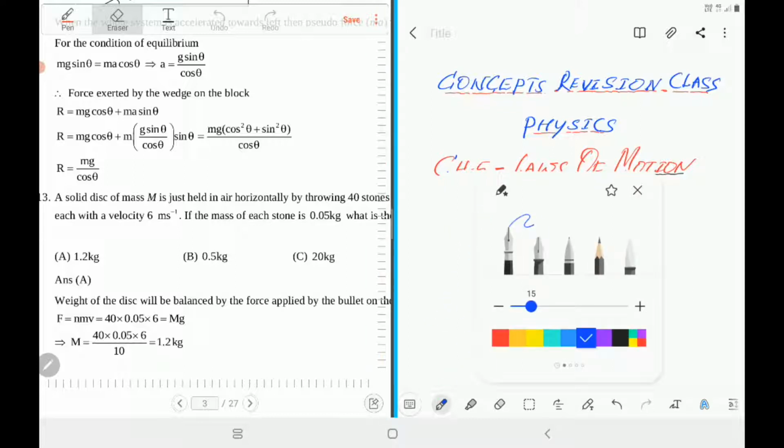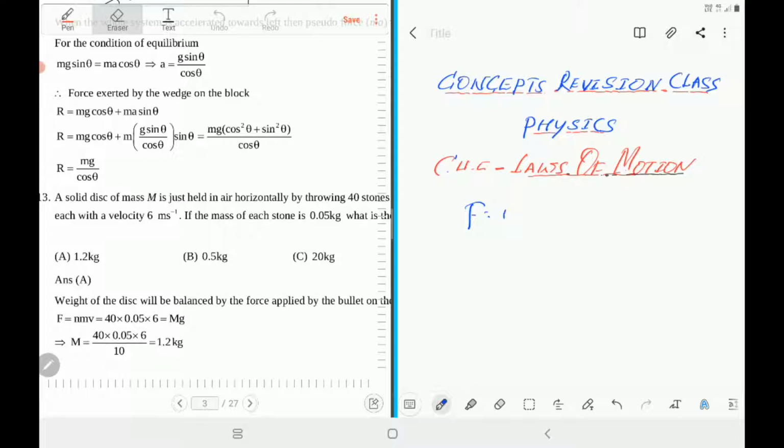Newton's second law, which is F equal to ma, that is mass times acceleration. Actually, you have defined Newton's law as the rate of change of momentum. Now, what is momentum? Mass times velocity. If mass in a situation is changing, we calculate the rate of change of mass times velocity, if velocity is a constant. If both mass and velocity are variable, you calculate the change in momentum, then find the rate of change of momentum.